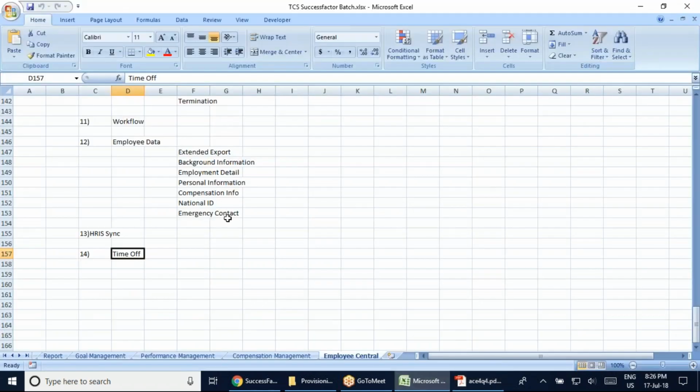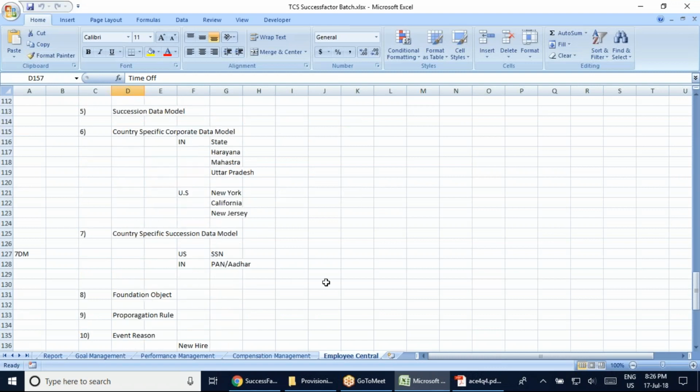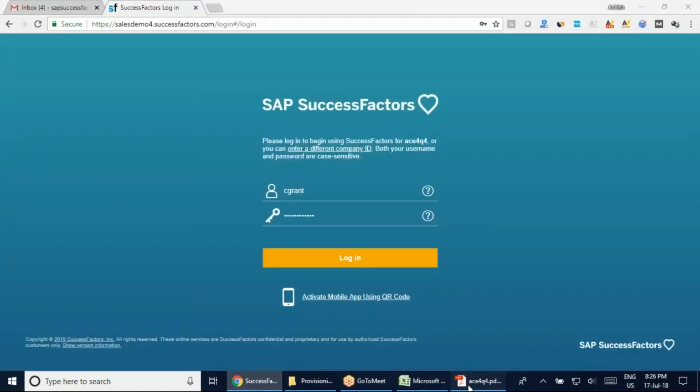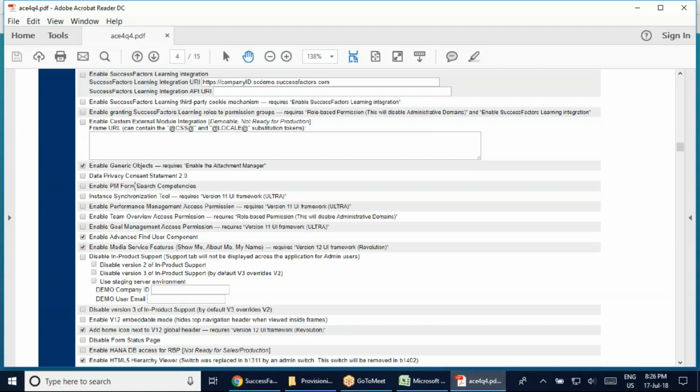In fact, we have not done this point, but it will be covered in your foundation object. So this is what the generic object is. We're going to see that in this point: what is the generic object that we have here? Then after your generic object, you also have the